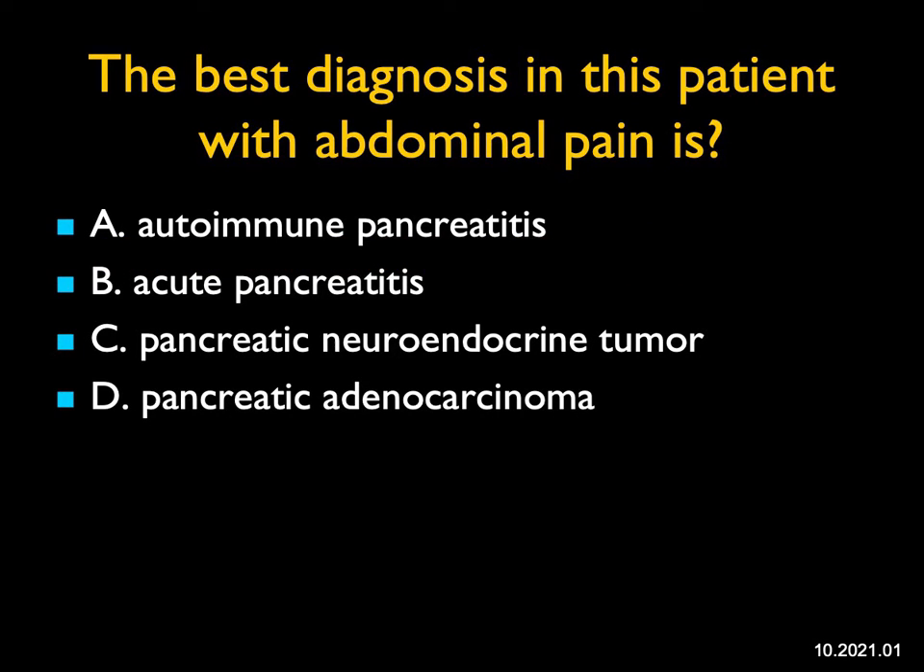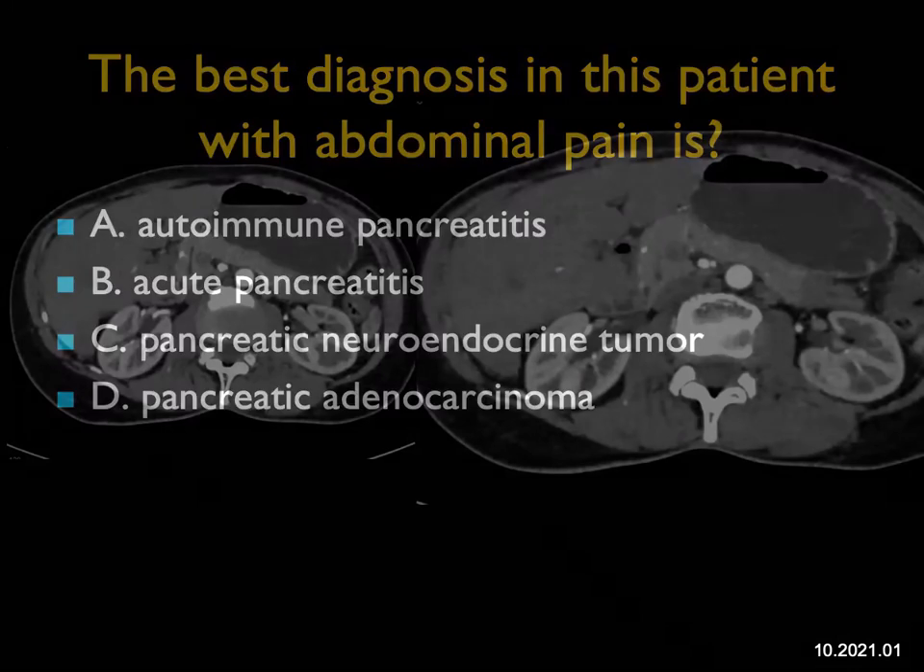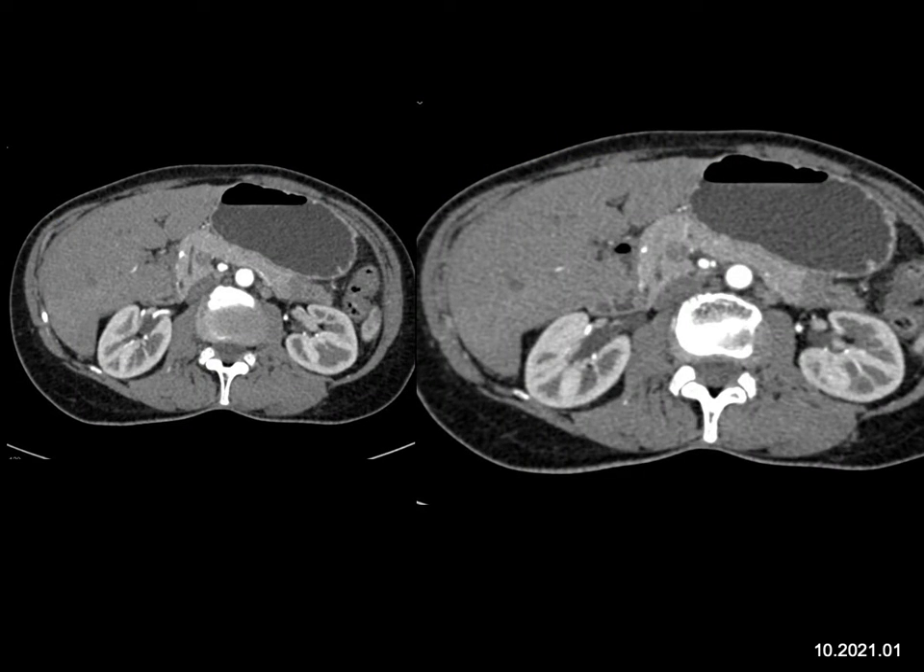In this case, I asked for the best diagnosis for this patient with abdominal pain. What you can see is decreased attenuation in the tail of the pancreas. When I see decreased attenuation, the first thing I have to think about is pancreatic adenocarcinoma. If this was a neuroendocrine tumor, of course, it would be very vascular. It could be acute pancreatitis, but classic acute pancreatitis in the tail alone would